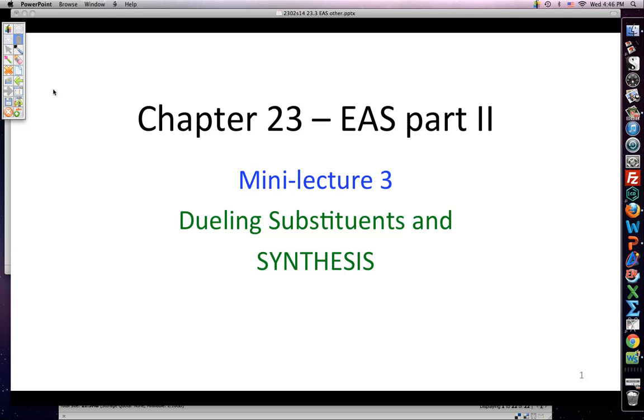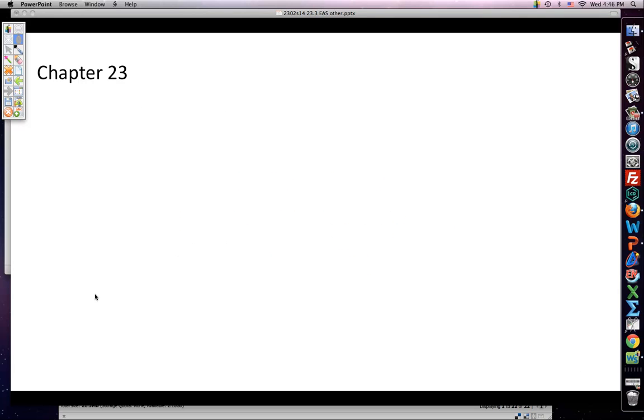Moving right along, we'll now turn to our famous dueling substituents segment. Well, I'm not so sure about the famous part, but anyhow, let's just do a quick overview of